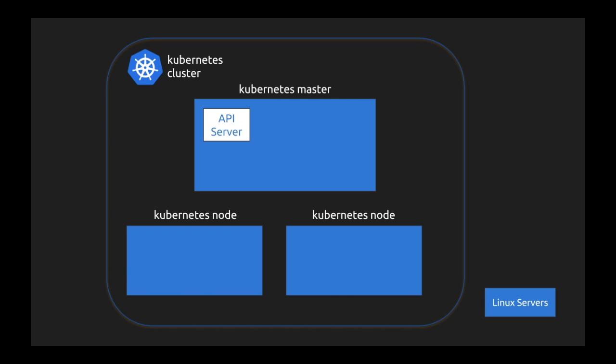Inside master, we have something called an API server. Any interaction with the Kubernetes cluster happens only with the API server. The API server is rich with REST APIs, and you can interact with the components inside the cluster using the API server. There is a CLI as well, which Kubernetes provides, the kubectl. You can use that to interact with the API server, and Kubernetes takes care of controlling the whole ecosystem using this particular API server.